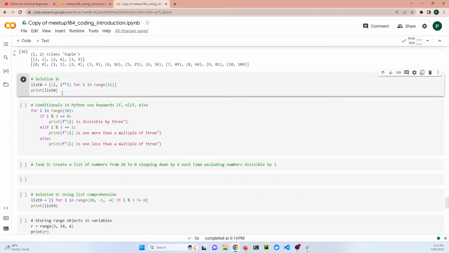So list comprehension is a little bit more complicated than absolute beginners, but I thought I'd throw it in just in case you're finding it too easy, and it makes you look knowledgeable if you show people that you understand list comprehension straight away. Okay,